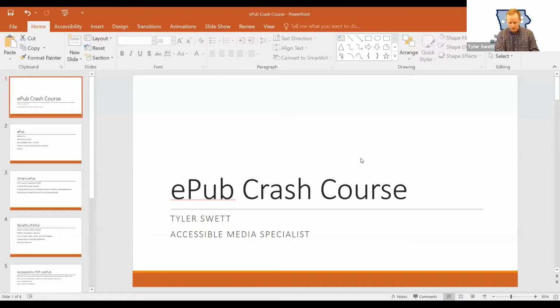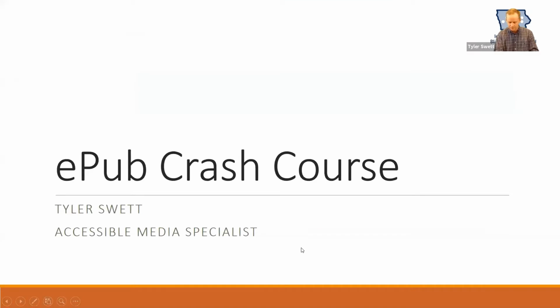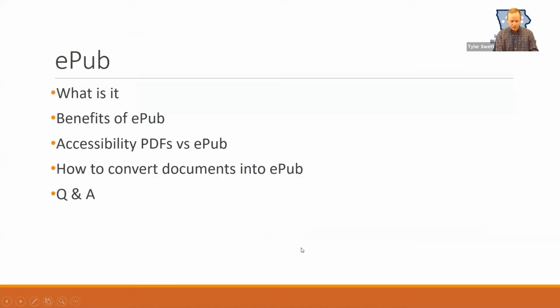So I'm going to go ahead and share my screen. All right, so this is my ePub crash course as I'm referring to it today. As we go through, we'll cover what it is, benefits of ePub, accessibility with PDFs versus ePub, converting documents into ePub,